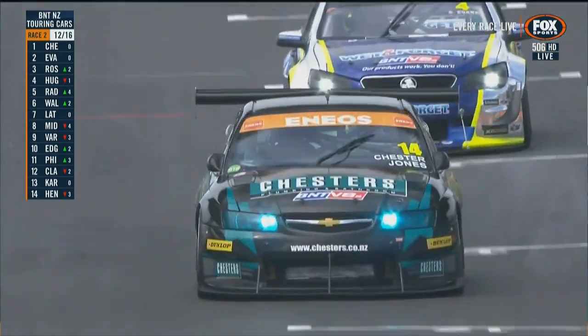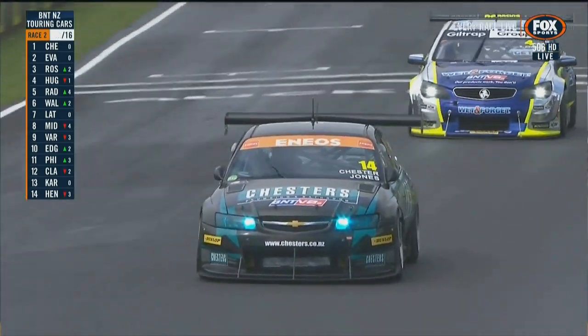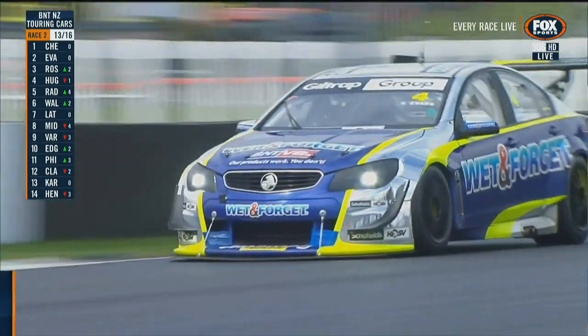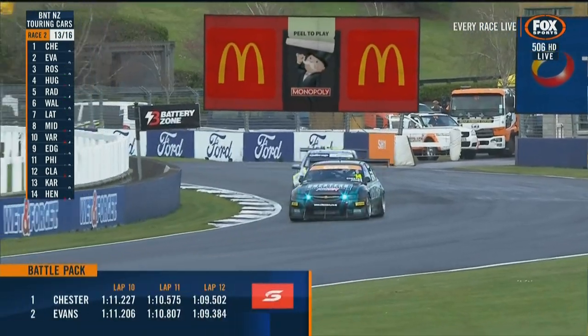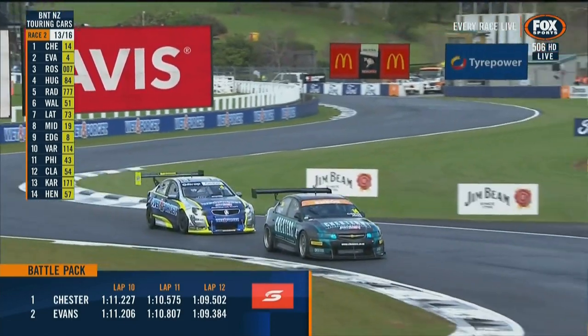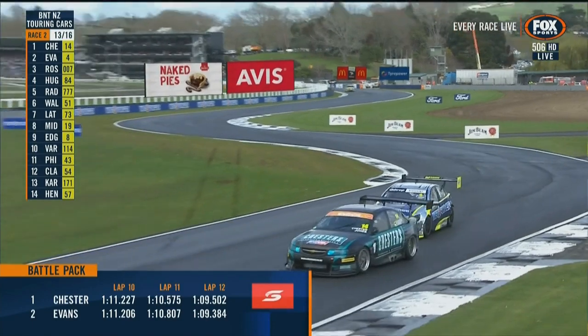The front guys 16 seconds ahead of the Nissan Altima now. Windscreen wipers still working, but conditions improving for now. Yeah, for now, exactly. I think they're going to change all day. And that move around the outside from Ross, I can guarantee you from my experience, what we just saw from the outside